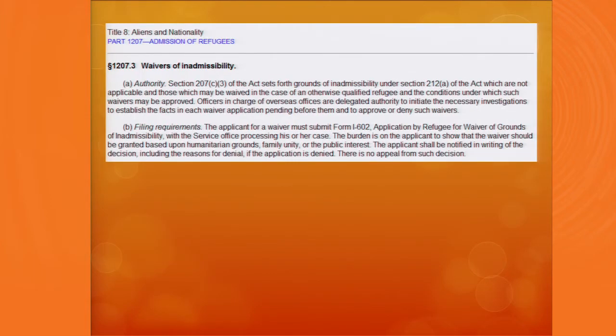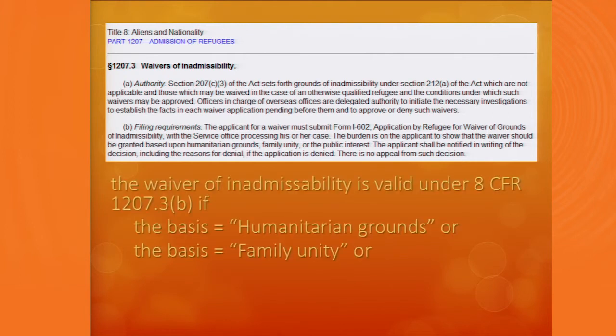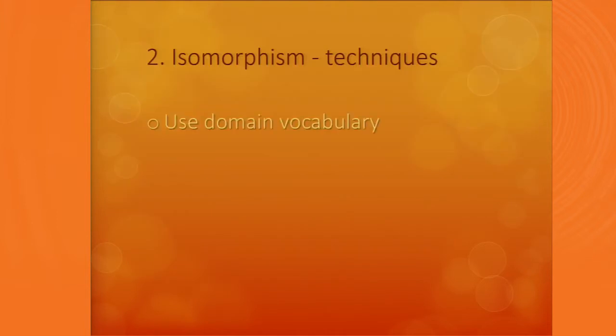So here's an example of part of the Code of Federal Regulations, and here's just a little snippet of logic that might capture part of what's in there. So the waiver of inadmissibility under this provision is valid if these conditions apply. So what you want to do is use the domain vocabulary.